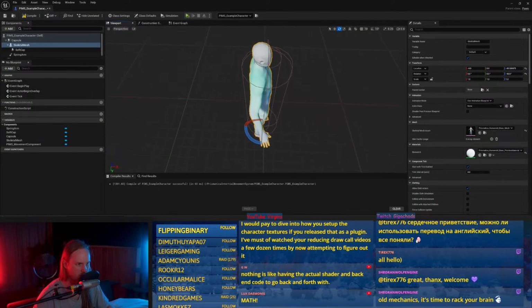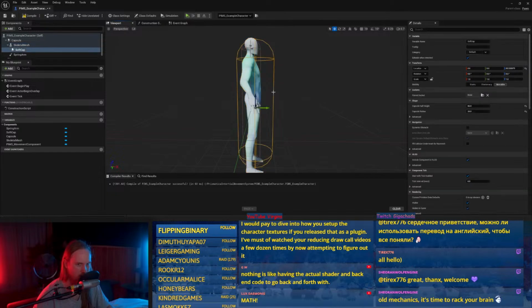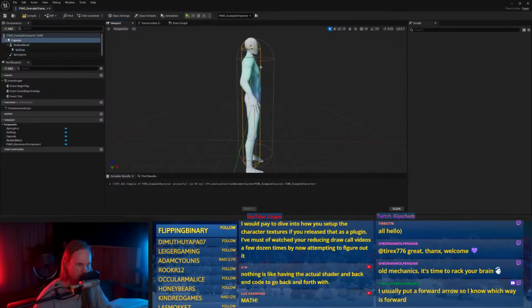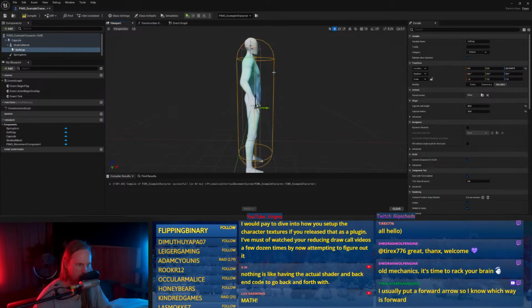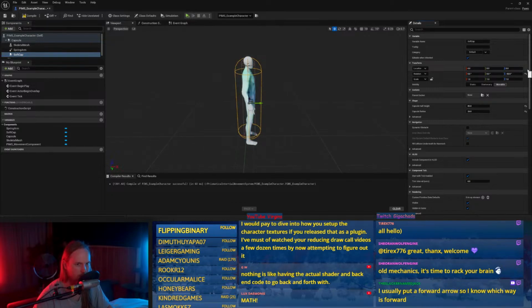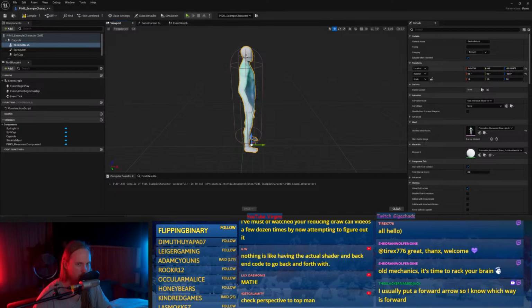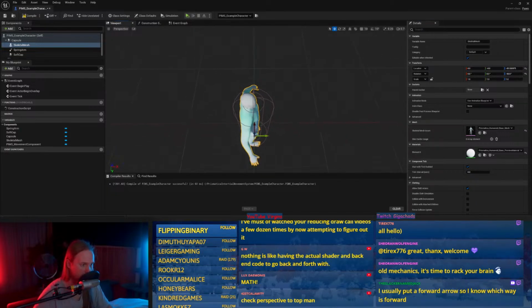Because he ain't. Is that just me being bad at... Wait, what are you doing? Why are you off-center? Oh, because you're attached to the scaly mesh. There we go. Okay. Scaly mesh. Like that. That still doesn't look right.